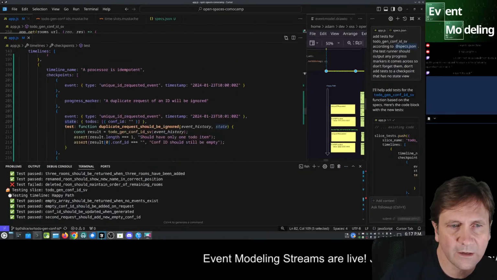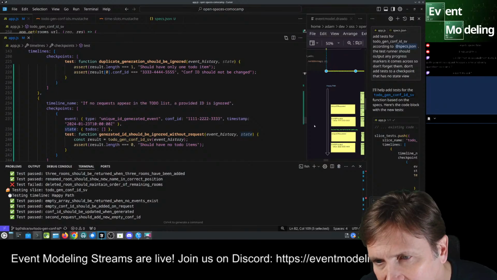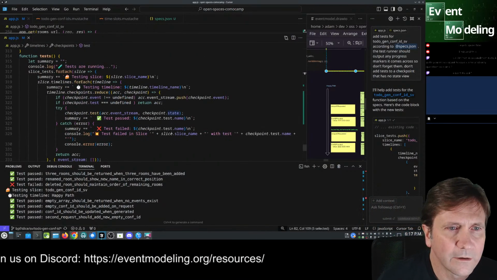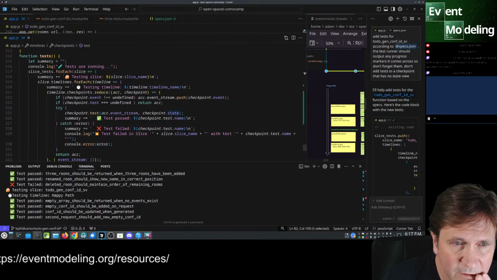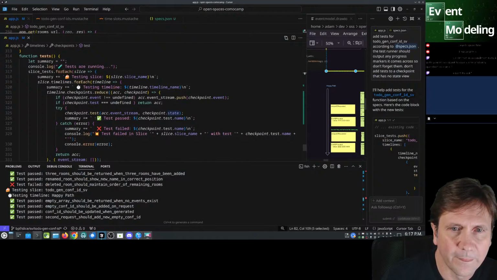Do we have an if around it in our test? I forget how we did this. Checkpoint tests. So it does that. So it's expected to throw. So we could return a message. So let's do that.